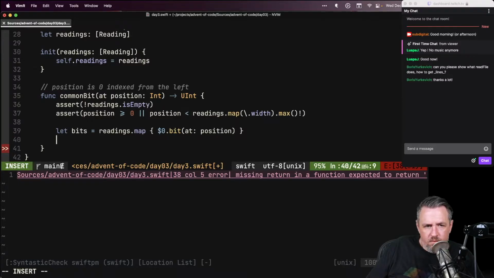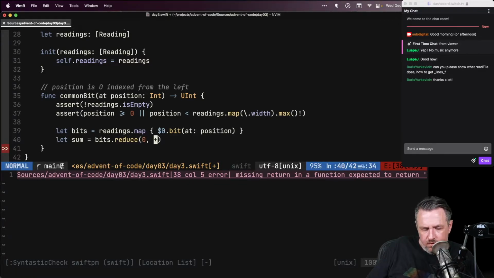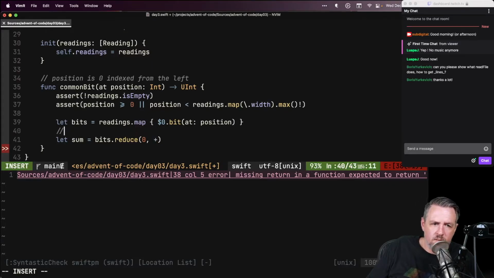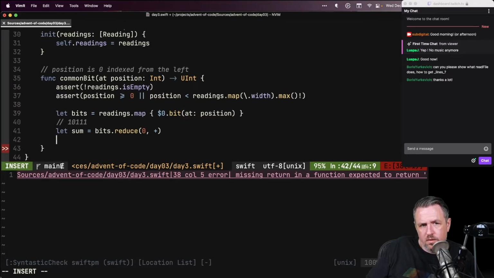And then once we have all of those, we can get to the sum of those bits by reducing, starting with 0 and using the plus function. So that will sum them all up. So in our case, if we had 1, 0, 1, 1, 1, it's just going to say 1, 2, 3, 4, and then we can divide by the total. And if the number is greater than 0.5, then that's a 1. If it's less than, it's a 0. So we can use integer division. So this would be return uint of sum divided by